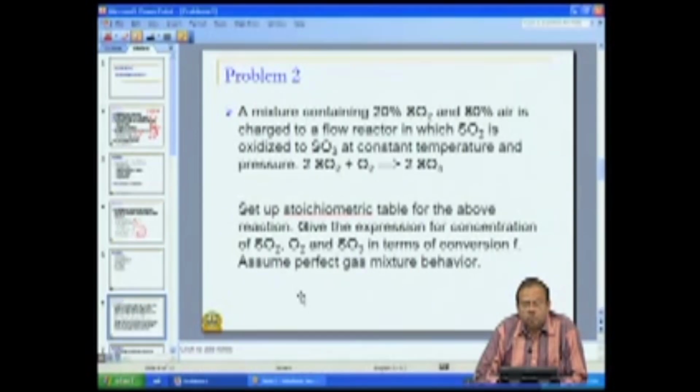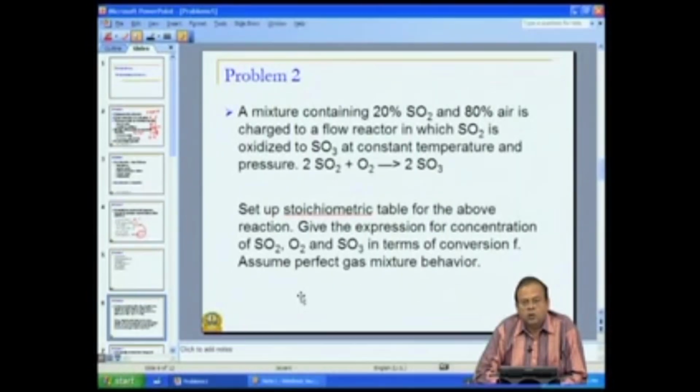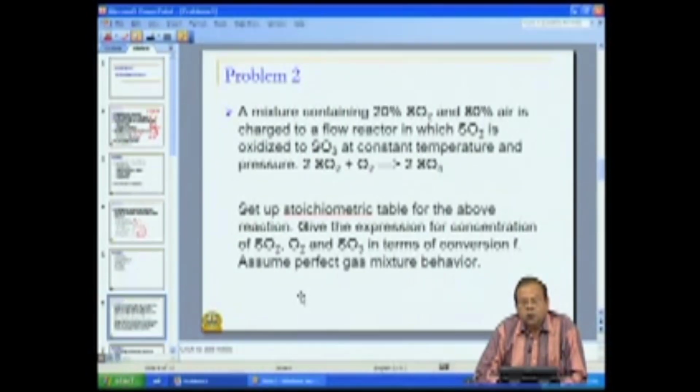So, our first job here would be to find out among SO2 and O2 which is the species which is stoichiometrically limiting, and unless we do that, setting up of this stoichiometric table does not make any